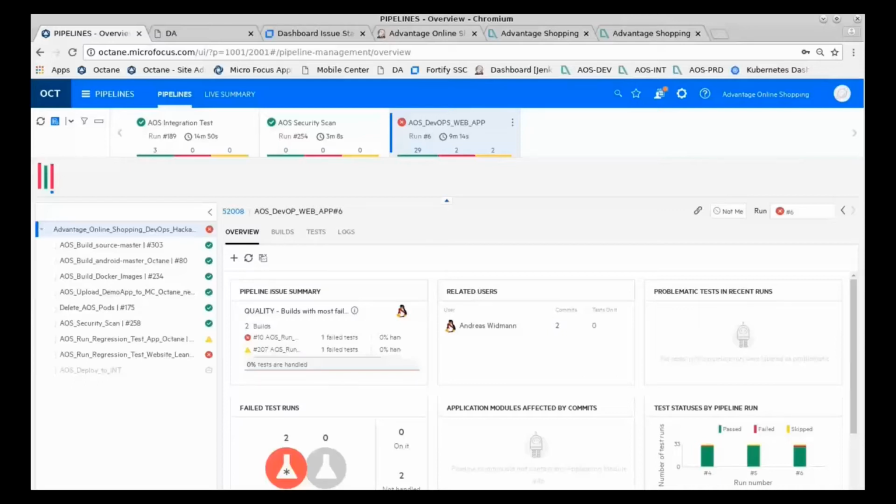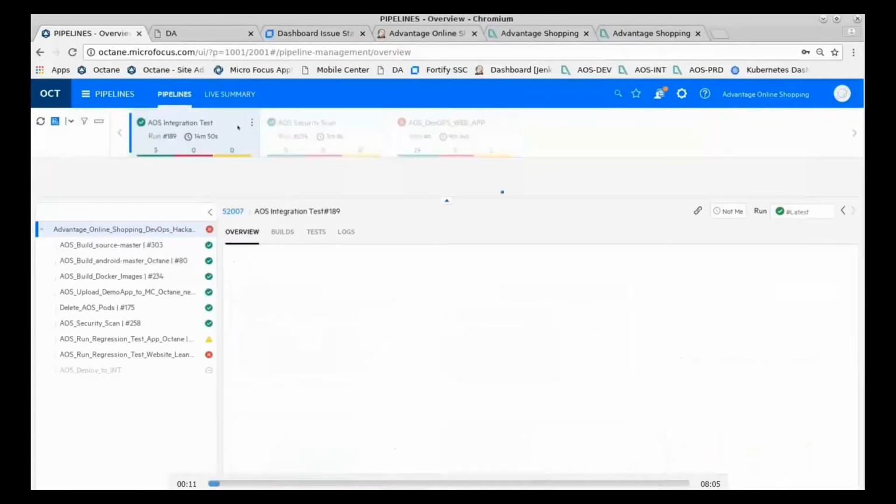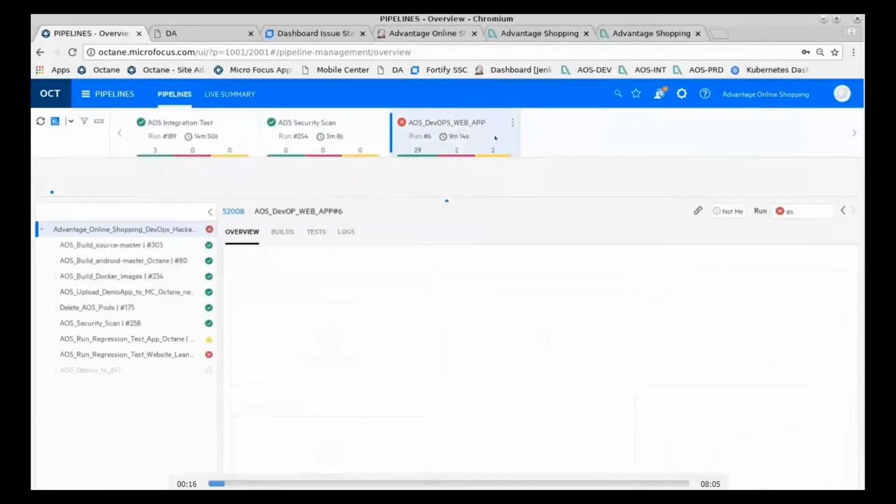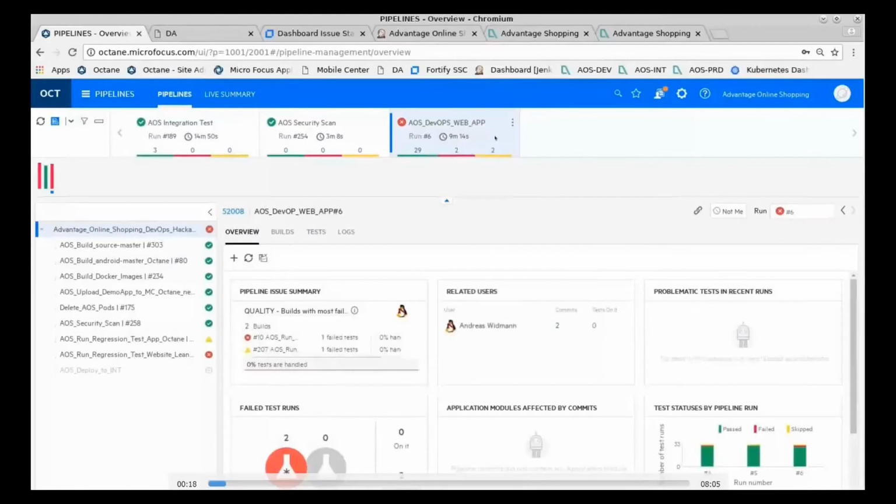To start this demo, I will first show you the details of a previous build executing those different kinds of actions. Here we can jump into different build configurations with information data coming from Octane.